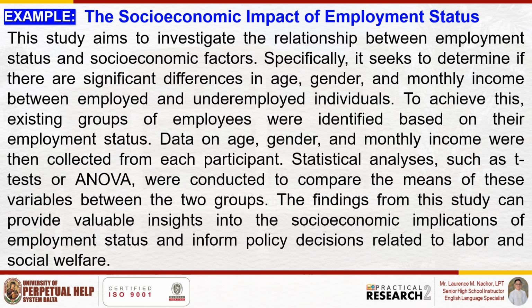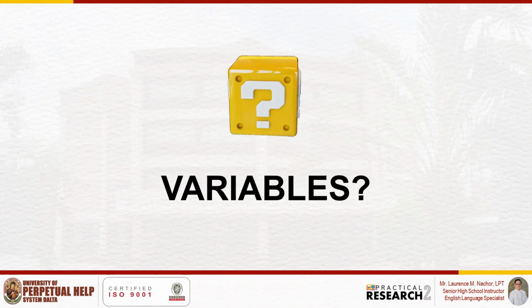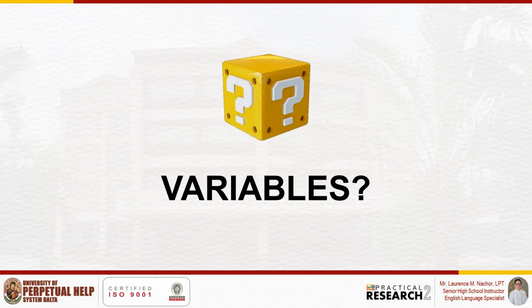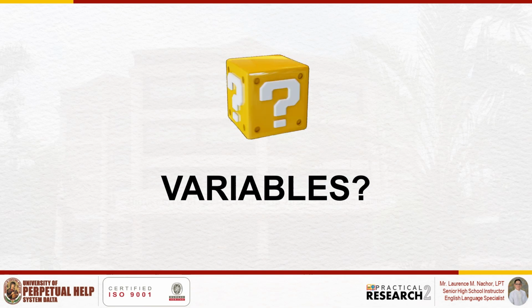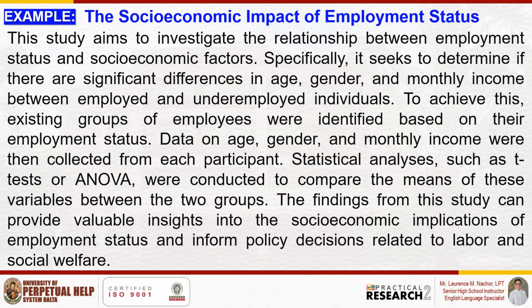The findings, what are the two groups? Employed and underemployed individuals. The findings from this study can provide valuable insights into the socioeconomic implications of employment status and inform policy decisions related to labor and social welfare. Now, the question, what are the variables here? So the variables are,